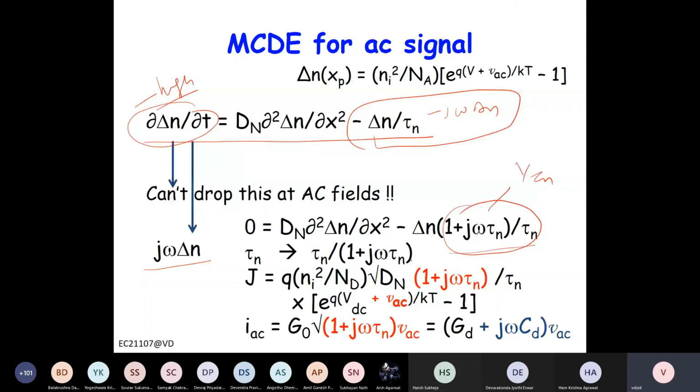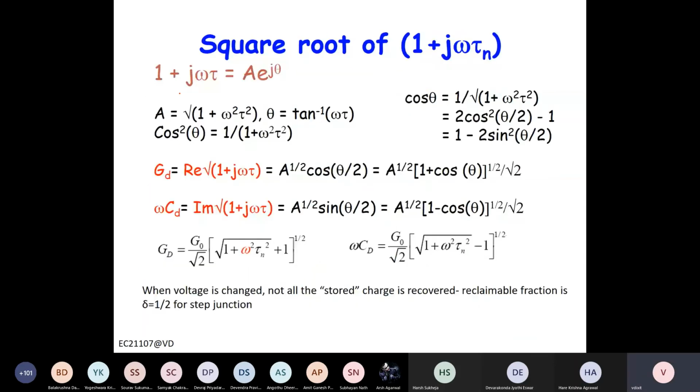Without this omega factor, you have, let's say, G naught times VAC, where G naught is basically the conductance. When these carriers have frequency dependence, you include this factor, the square root of 1 plus j omega tau. And when you take the square root,